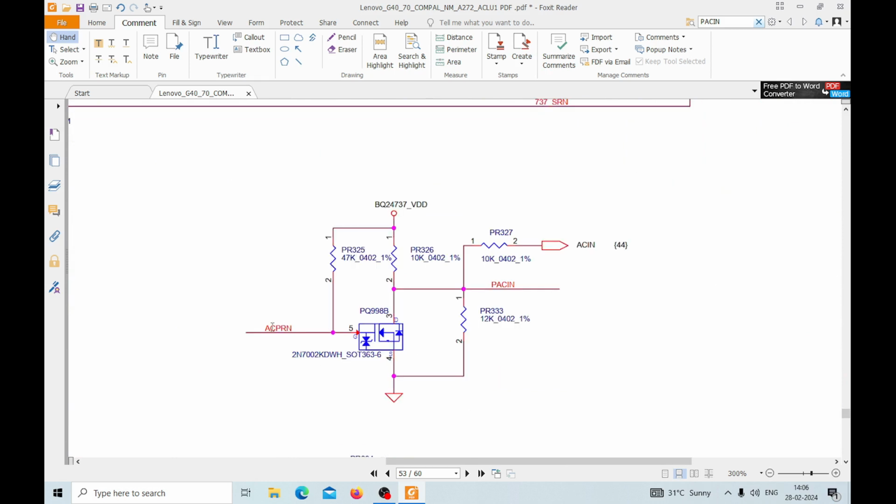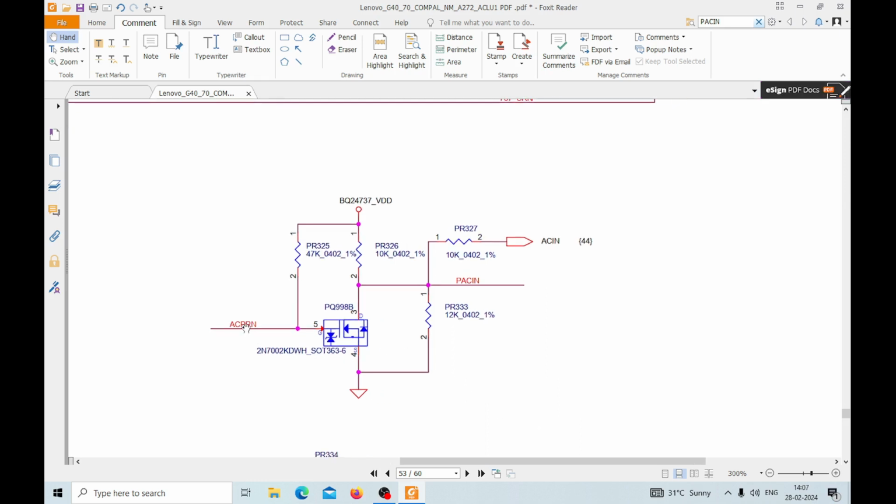Maybe it's a low voltage or a ground. I mean, there shouldn't be any voltage because this is N channel. If this is N channel and we get a voltage here, then it will turn on and this ground will again go up. Okay, so maybe this is a negative voltage. Otherwise this 6 volt will come here and this will be functional again. So if this is a negative voltage, then this 6 volt will not go here and it will form a divider here, because ground is already there and here are two resistors. So here the 6 volt will get two resistors and a ground, and it will form a divider. So this will divide this 6 volt, and this PSCIN 3.3 volt will come to